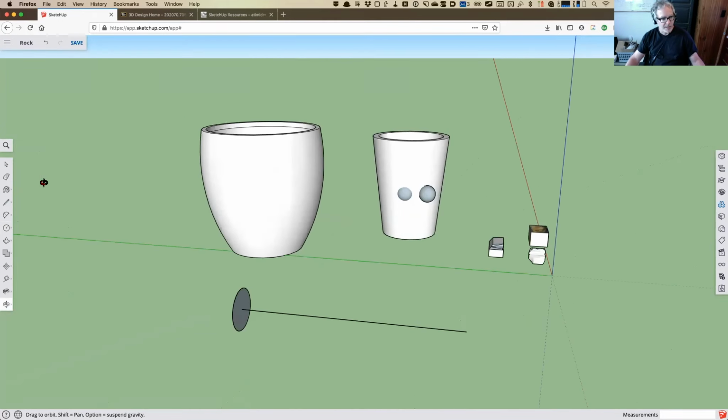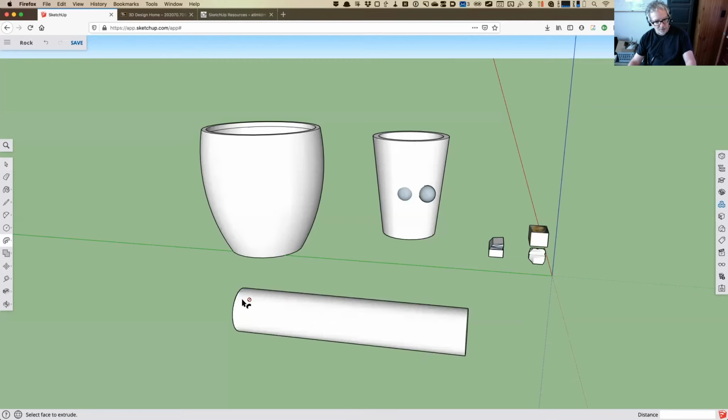If I select this line, it's a very specific sequence of stuff here. If I select this line and then go over here and select the Follow Me tool and then click on the circle, it's supposed to automatically do that. So let me try it again. Select the line, select the Follow Me tool, and select the circle. It will extrude that circle out along that line. Now that looks like a cylinder I made. There's easier ways to make a cylinder, but what that allows you to do